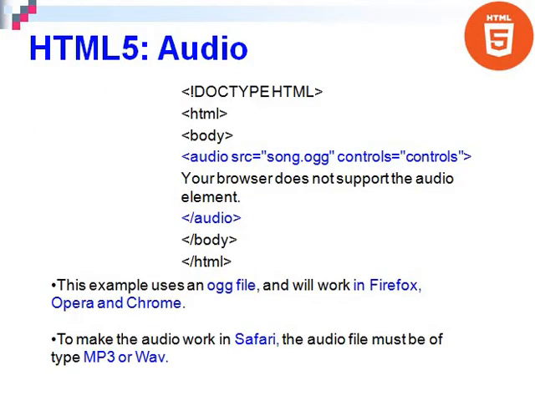Now we can see how we can include audio in the web page. By using the audio tag, like the video tag, this audio tag also takes src, which specifies the URL of the corresponding audio file. Then controls equal to controls, like in video, is used for showing the control buttons like the play button and pause button. If the audio tag does not work in the corresponding browser, the alternate text "Your browser does not support the audio element" will be displayed.